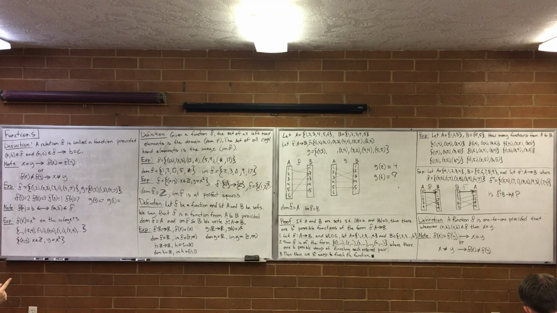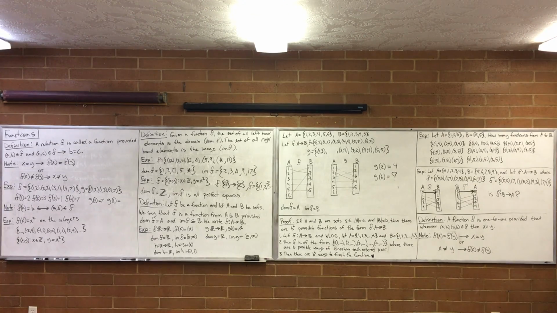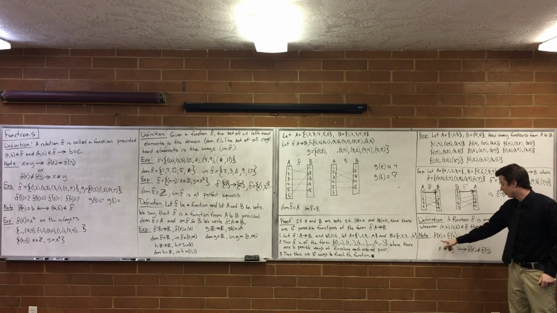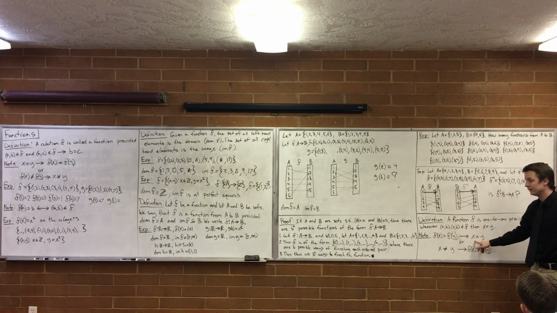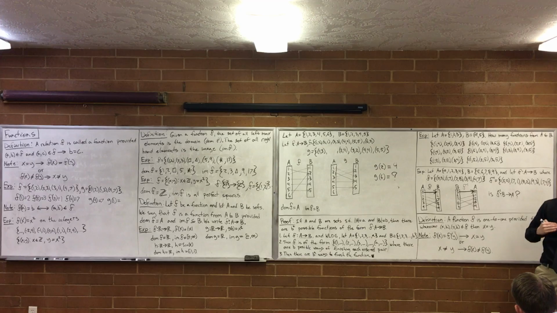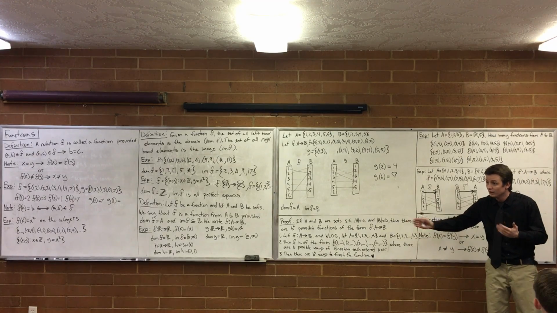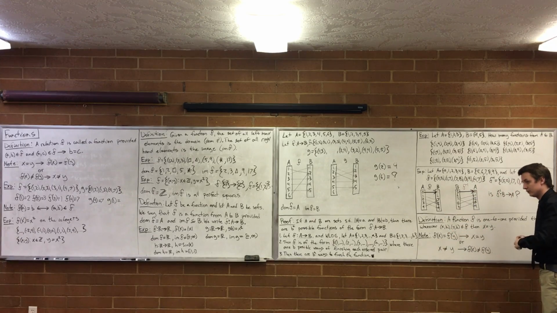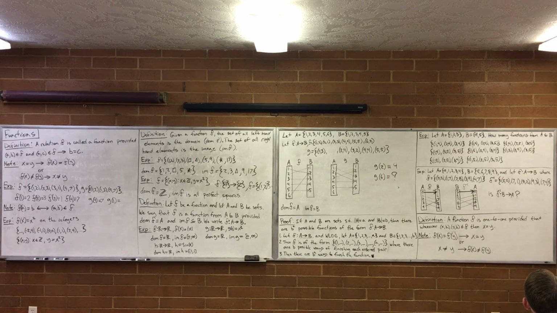So how do you know that f of x equals f of y? You don't know it. You assume it. You assume that this is true and show that implies this is true. Look, if I want to show that an even plus an even is even, how do I do it? I assume x and y are even, and prove that x plus y is even.